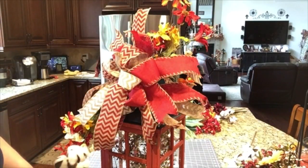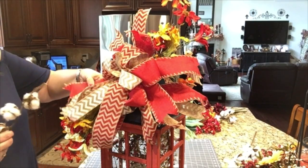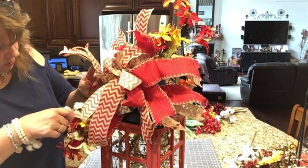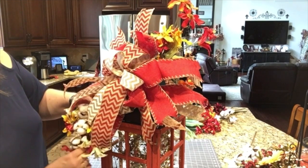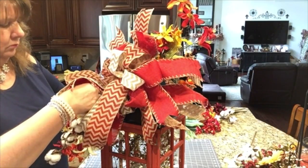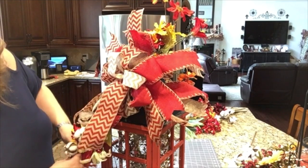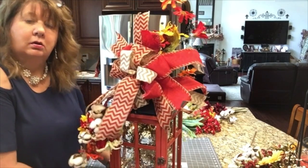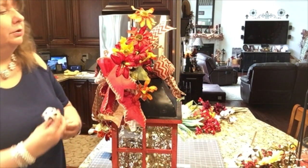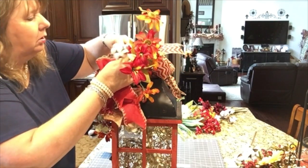It's up there. I do want to add some of this cotton, I think, down here. I should have put this in with the, I don't want to cover it up so much. Actually, you know what I'm gonna do? I'm gonna get me another cotton sprig up top too. Like that. Hide it underneath the